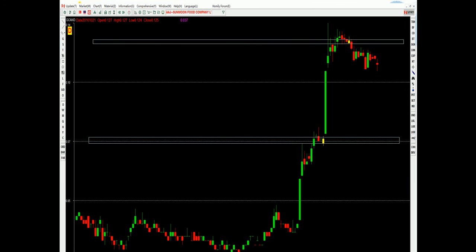So this one, we can see this stock, Salmon Food, strong one, right? Okay, so we can see the yellow candlestick. This is the yellow candlestick, right? Strong. If next day the closing price is higher, sell or not? Just keep it, okay? So this one, sell or not? We should sell. Let's see this stock.